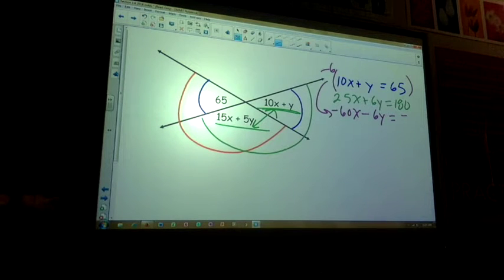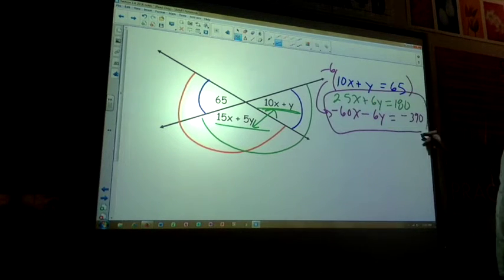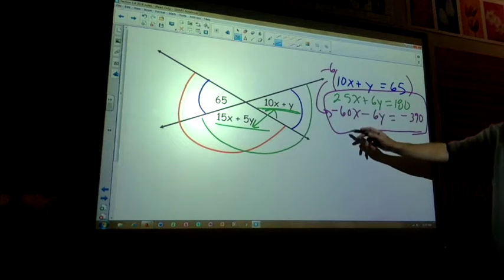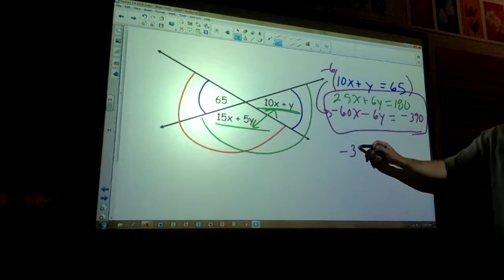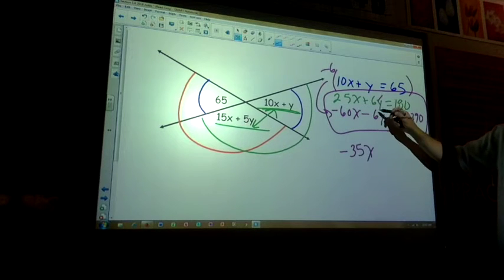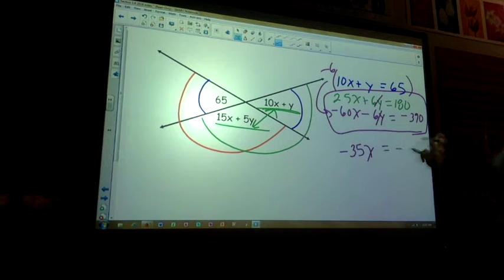It's 360 and then it's 30, so it's 360, 390? 390. Is that right? Do we feel comfortable with that? I don't know. I'm not using a calculator, nor am I using my mind. Okay. So then I'm going to combine those two together right there. That's going to give me negative 35x. These cancel. Equals negative